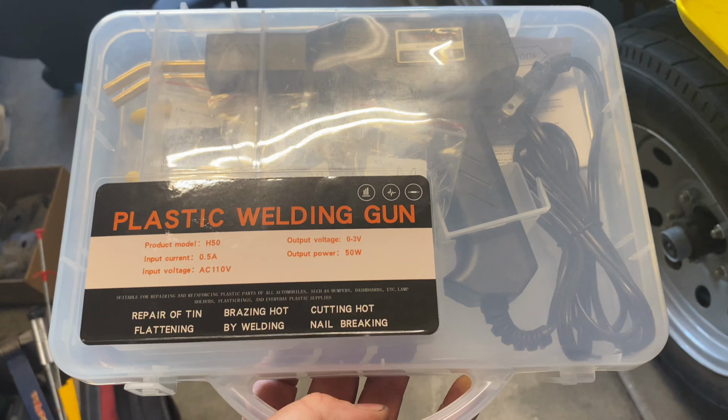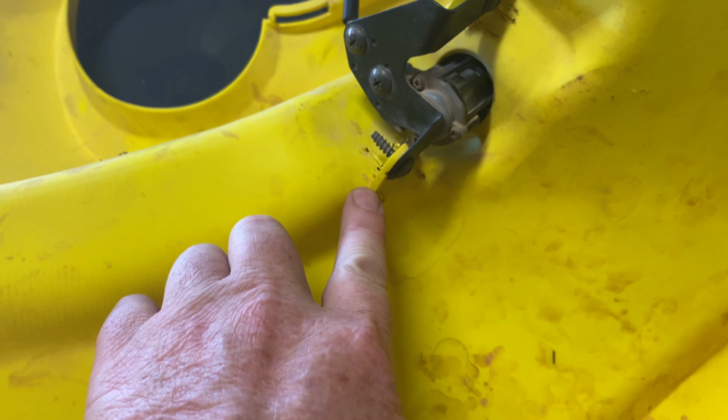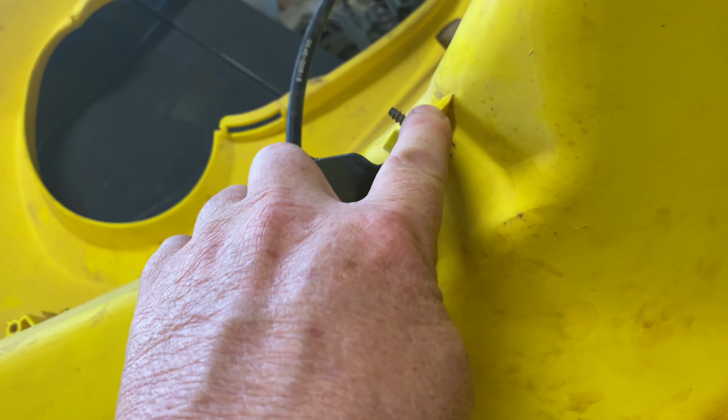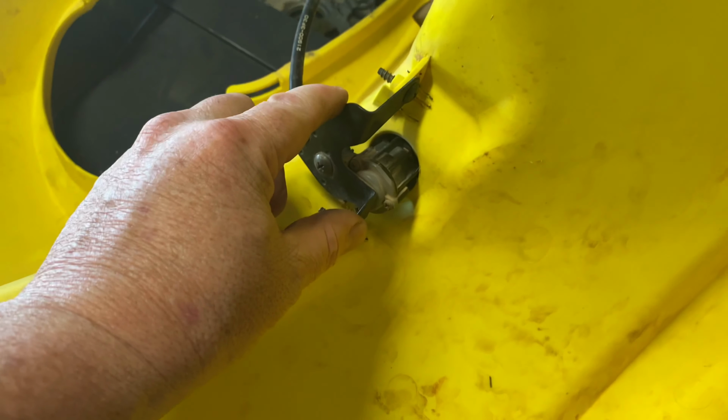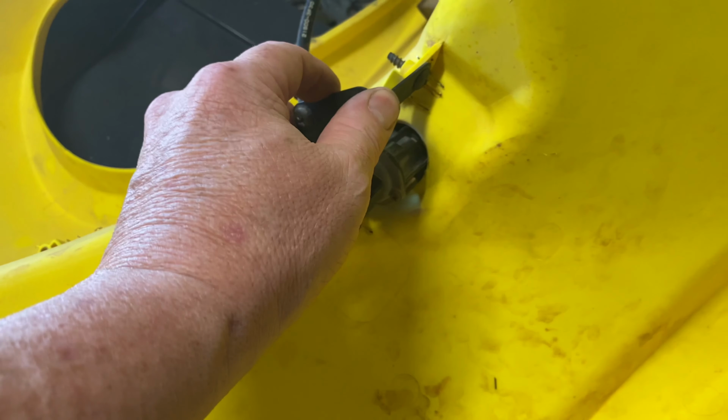I just ordered this kit, this plastic welding gun from Amazon. It was 20 bucks, ordered the other day. The reason I bought it is because this tab here and this tab here are broken off that hold the reverse switch in there. I figured for 20 bucks I'd give it a try, but I think it's not going